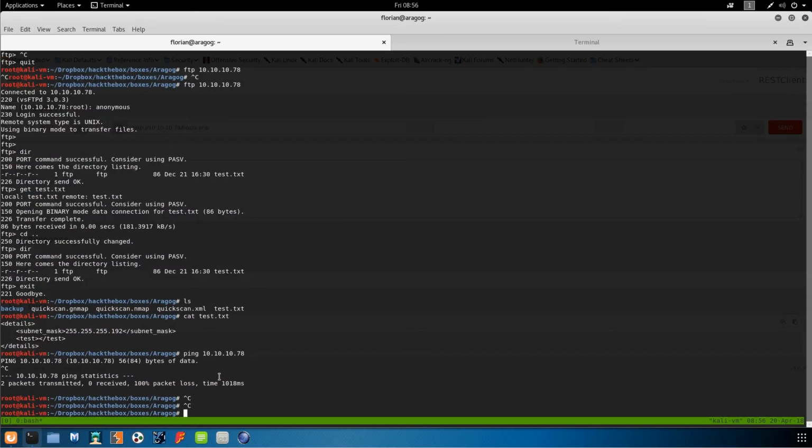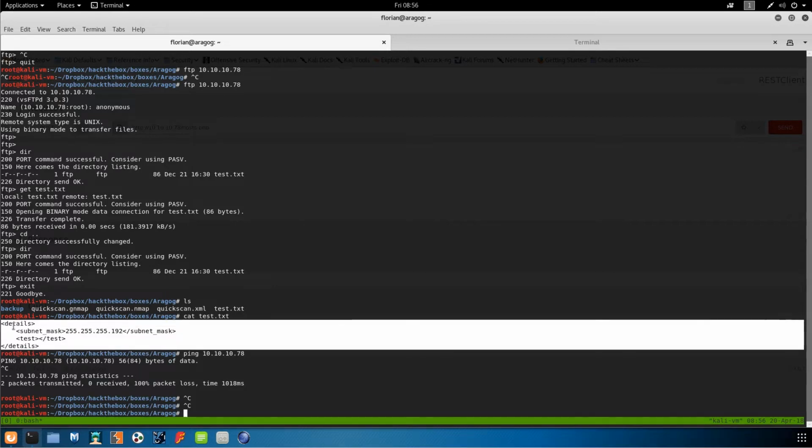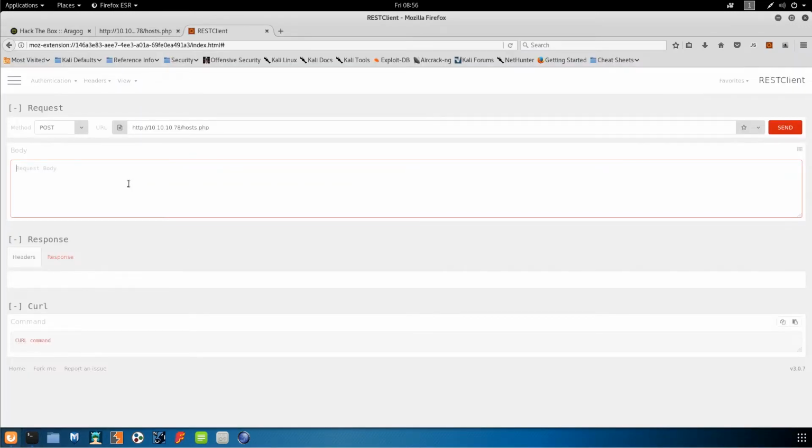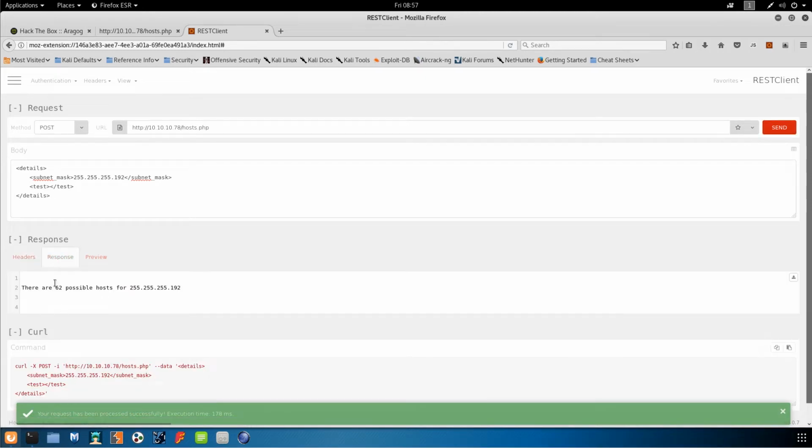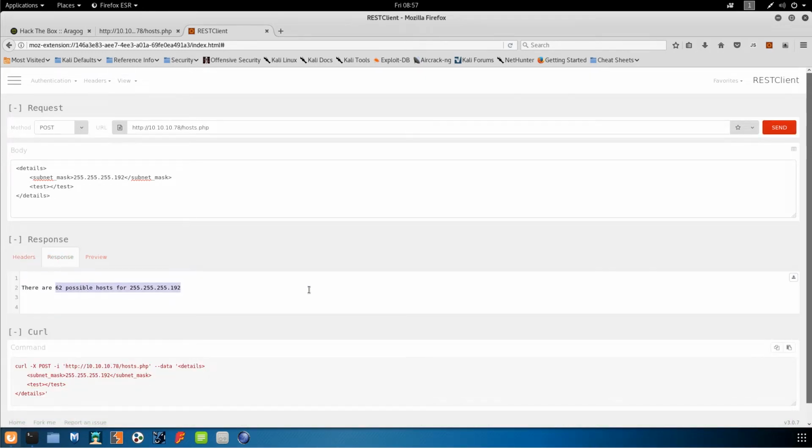And for our body, we're going to want to take the contents, it's right up there, the contents of this XML file. Stick that in there. We'll send it up, and we get a 200 response, and we get there are 62 possible hosts